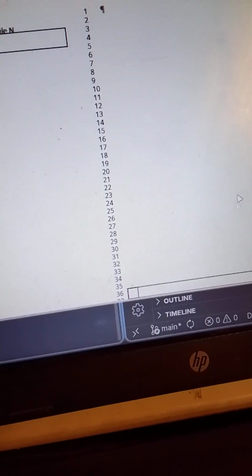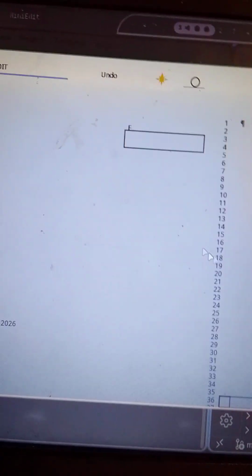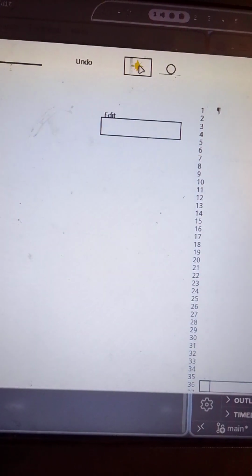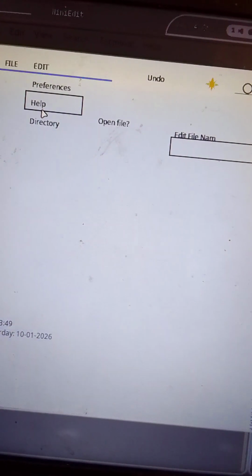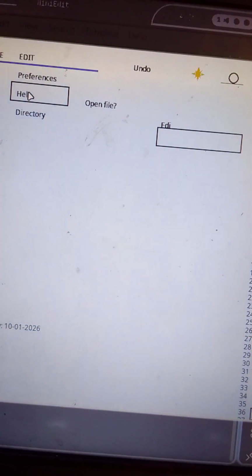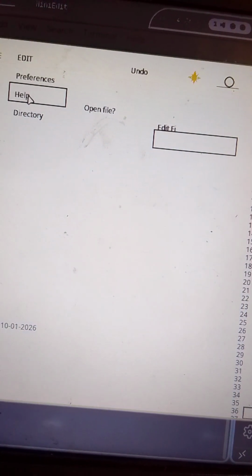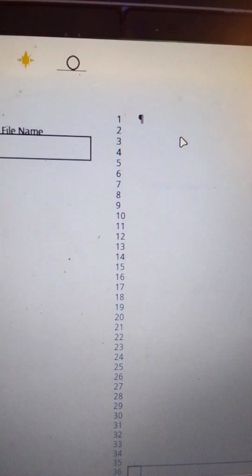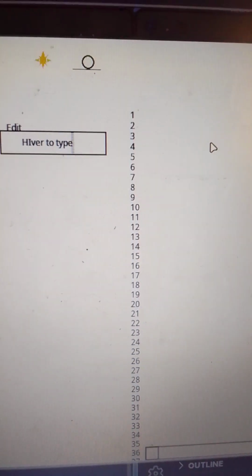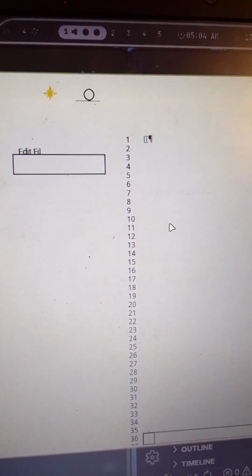We have a gradient visual over here. We have a dark mode. We have edits, preferences. This is a website with everything that you need. But then there's even more features, like, if let's say